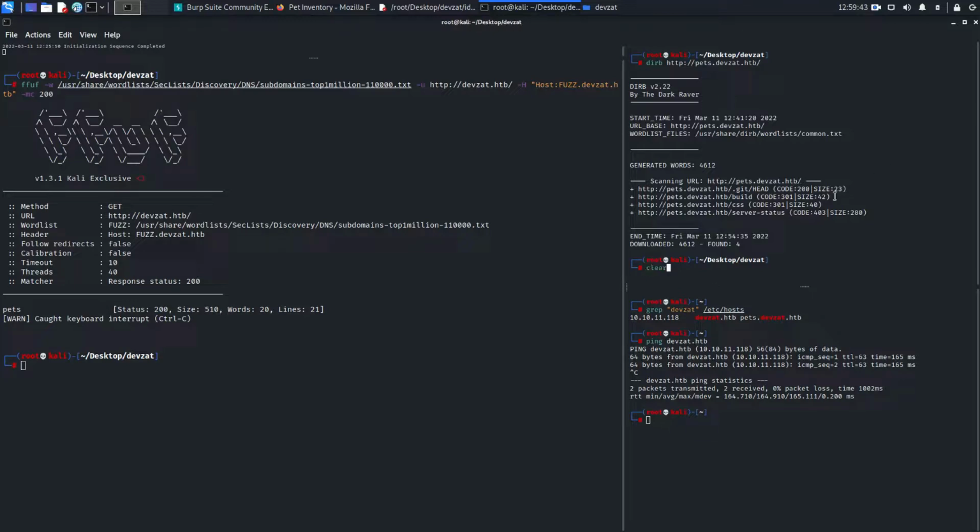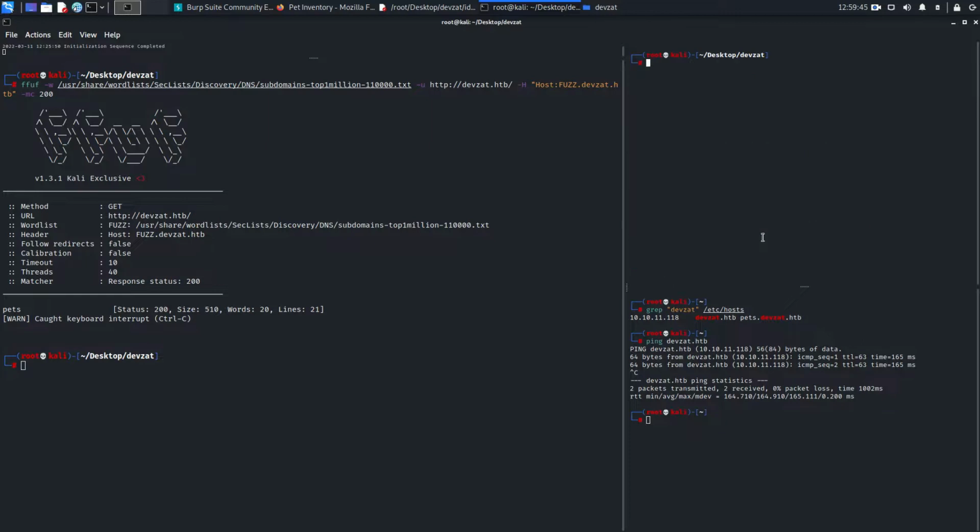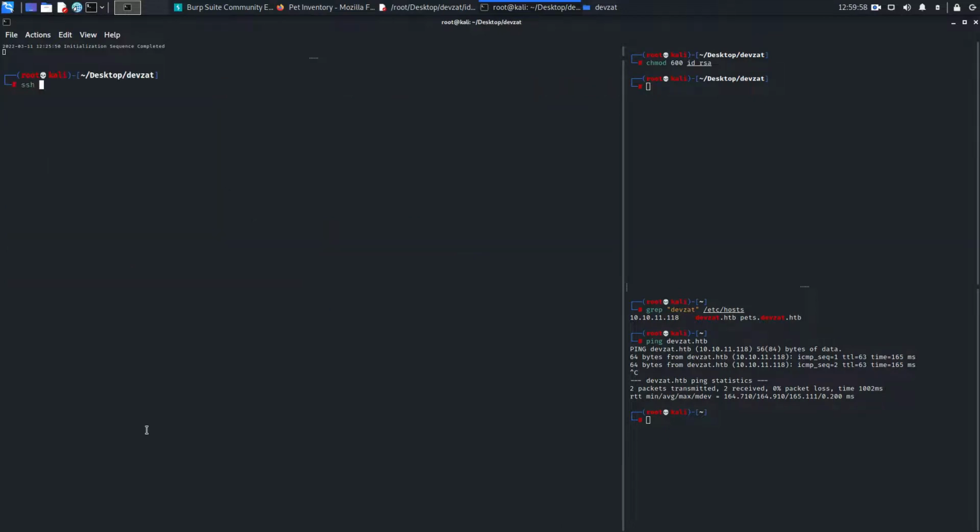Come back here, clear, and let's say chmod 600 because we need to change the permission for the id_rsa key, and then let's try SSH to Patrick. So ssh -i id_rsa patrick@devzat.htb, hit enter. Public key permission denied, why? Let's try -p 8000,